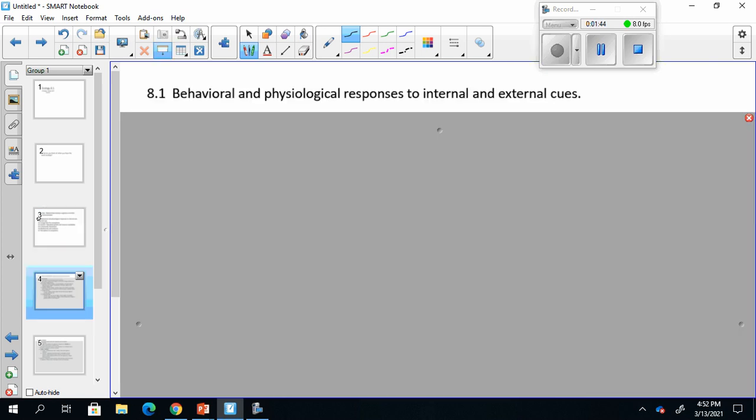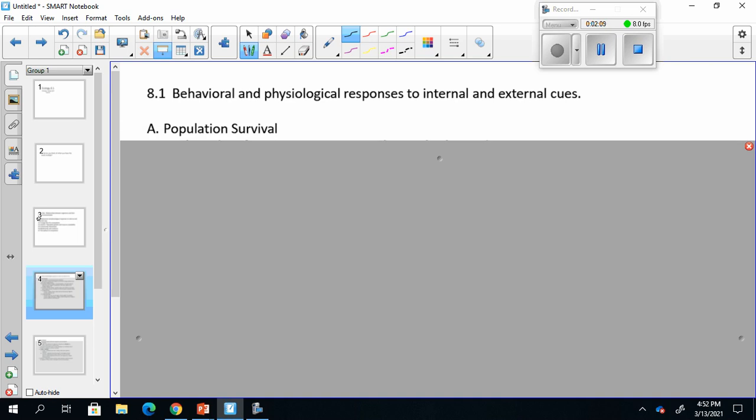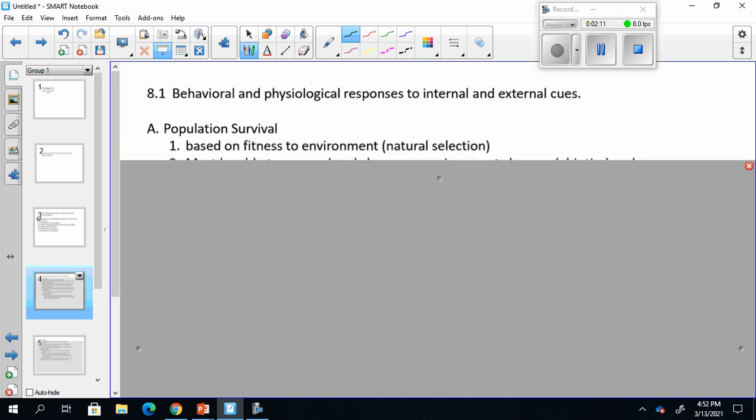As we go through, remember, really focus just on this core information that you want to get into your notes. And then in class, we're going to do all the explorations of examples, different case studies, analyzing data, and practice AP questions. So we're just going to get the notes done right here so that we can really dive into it in class. So first thing, it's all about population survival.